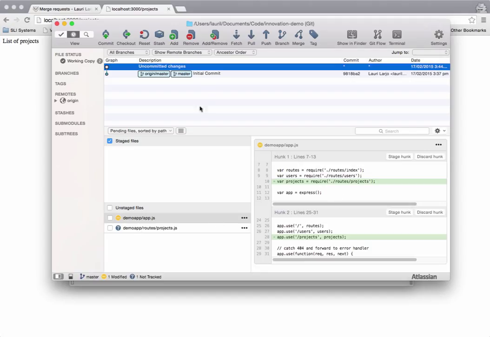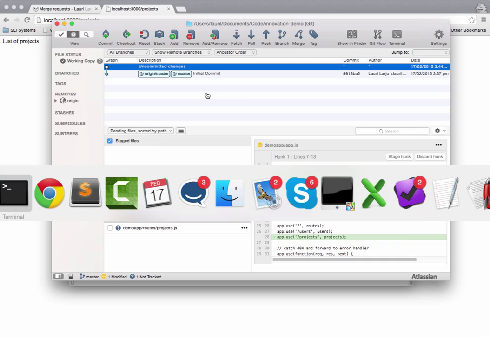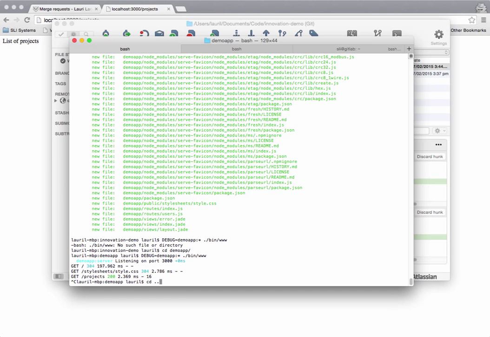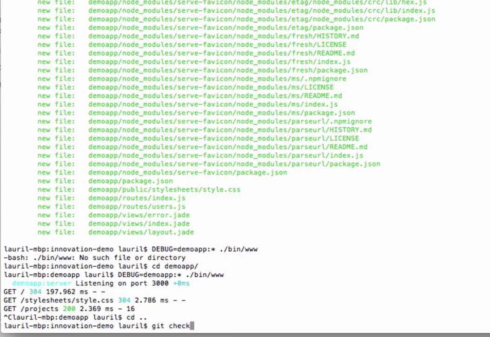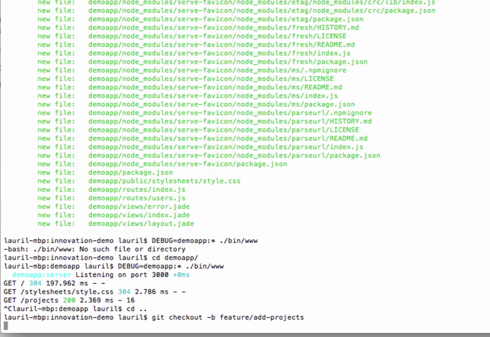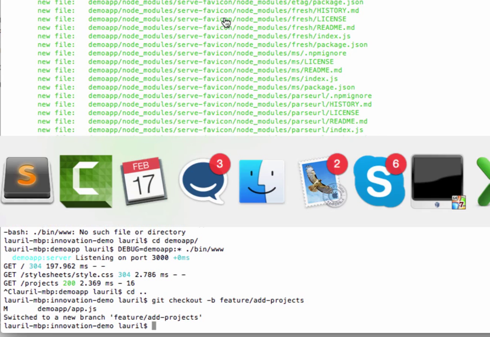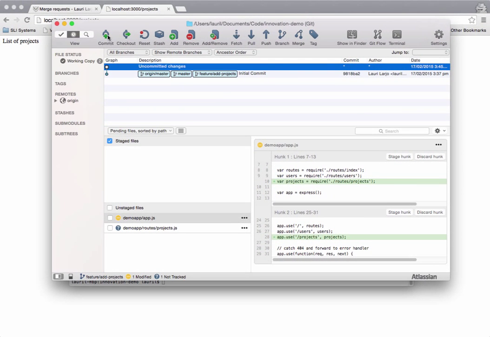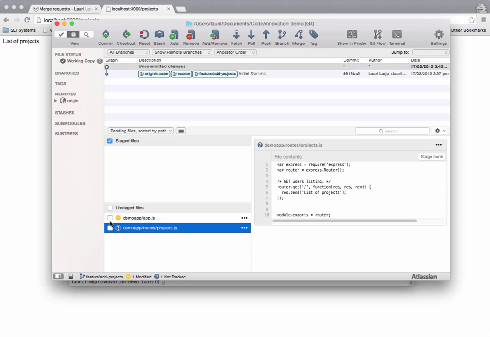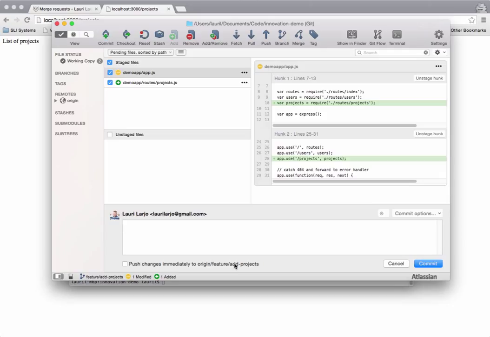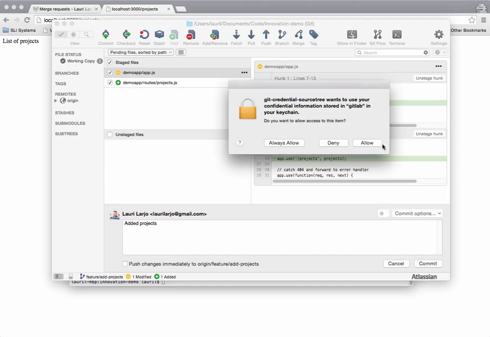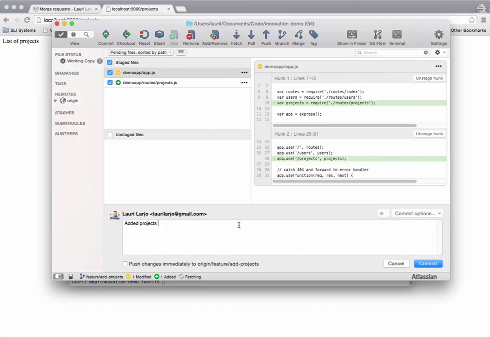Now instead of adding these to the master branch, I want to make a new branch, a feature branch, where I'm going to add these files. So I'm going to say git checkout -b feature-add-projects. It's going to create a new branch for me, and I'm going to commit these changes to that branch instead. So I'm selecting what I want to commit, make a commit, added projects endpoint,